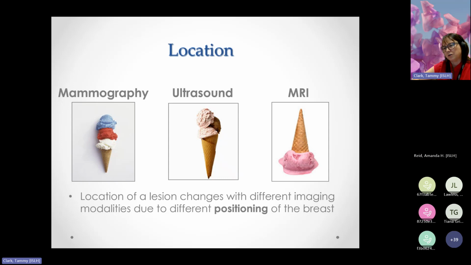The breast tissue is how we see the breast tissue best, and all in one view, on the mammogram. So then we find a lesion on mammogram and we send them to ultrasound. Well, with ultrasound, we know that they're lying on their back and the breast just kind of falls into itself. So I'm sure you've all experienced this as